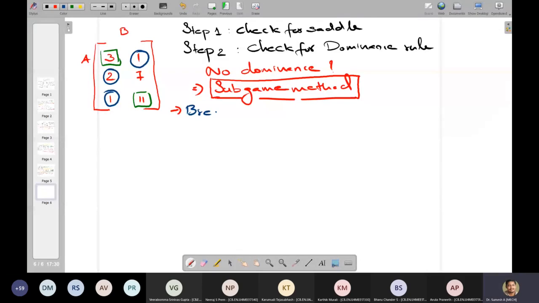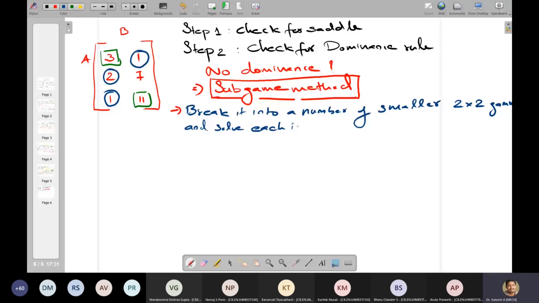break it into a number of smaller 2 by 2 games, 2 cross 2 games, and solve each independently. Okay. And after that, select a subgame